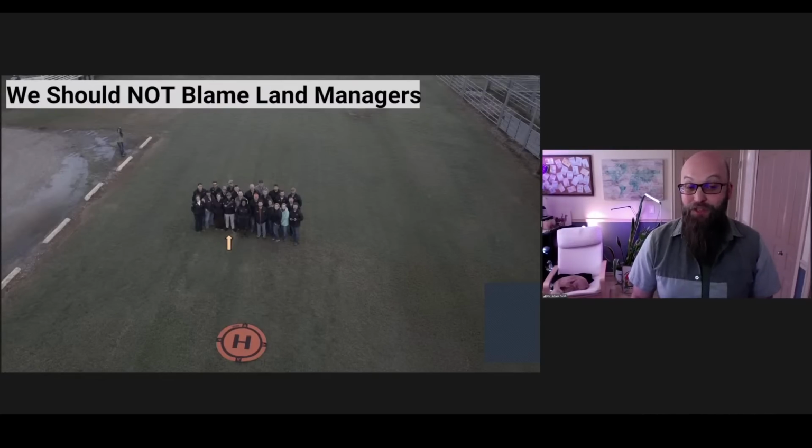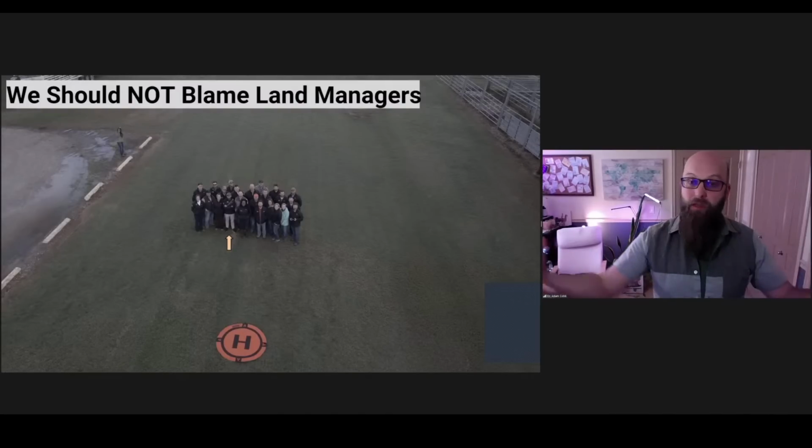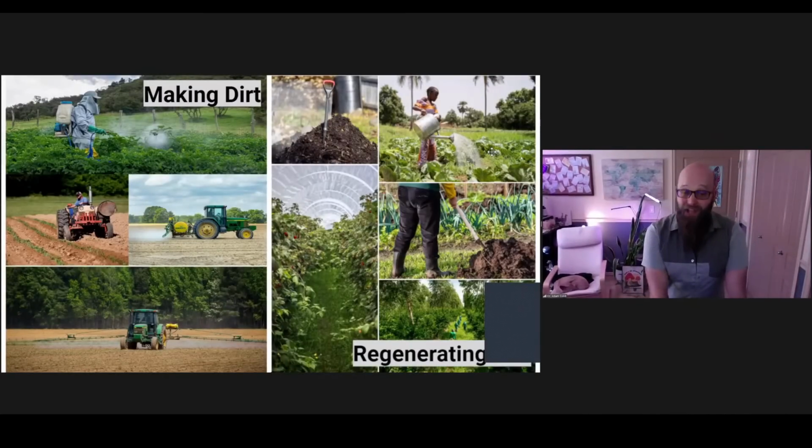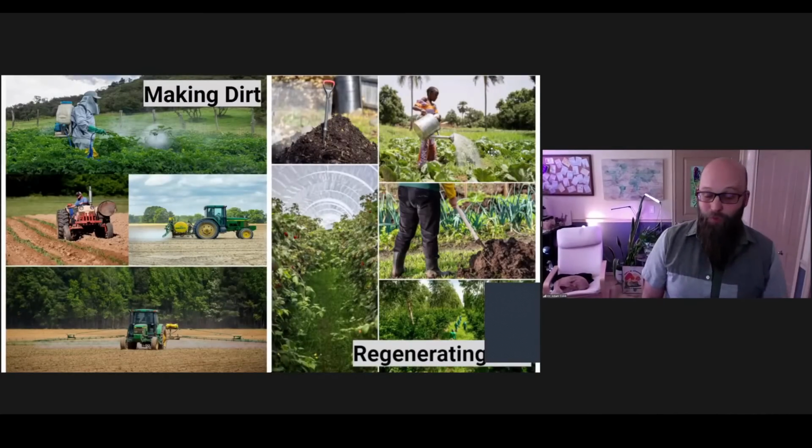So this new way forward has to be built with people who manage land at any scale. Gardeners, producers, we don't want to leave anybody out. We need everybody's help to get this right, to make this transition. Because when we analyze